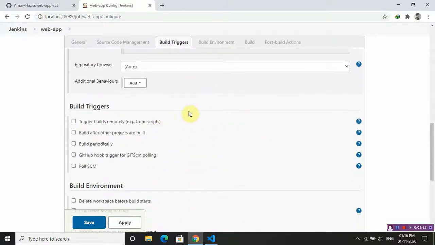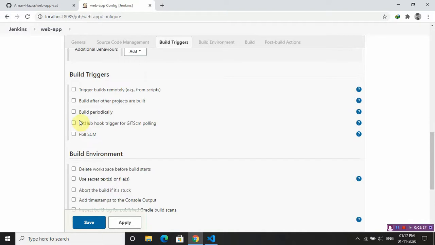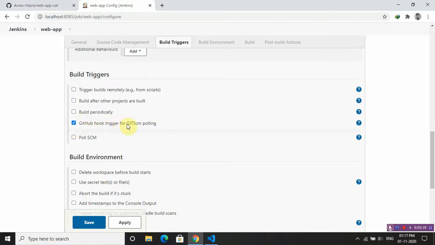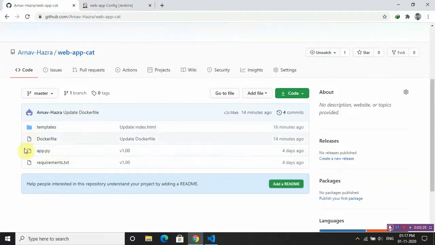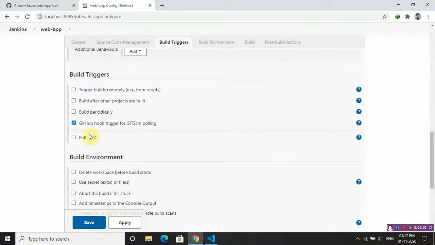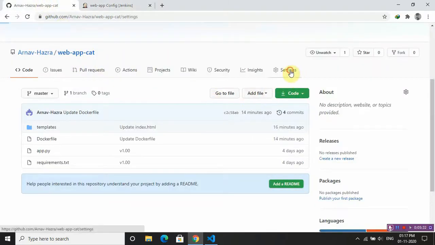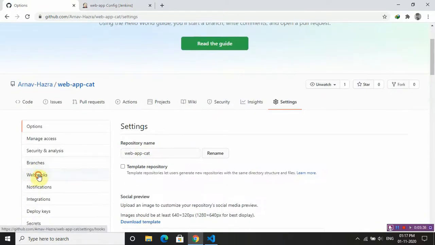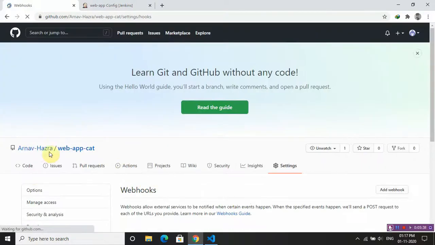Now we will need a build trigger. We can use the GitHub hook trigger. By using this, whenever we update anything here, Jenkins will automatically build the project. We can do that in the settings, webhooks part.